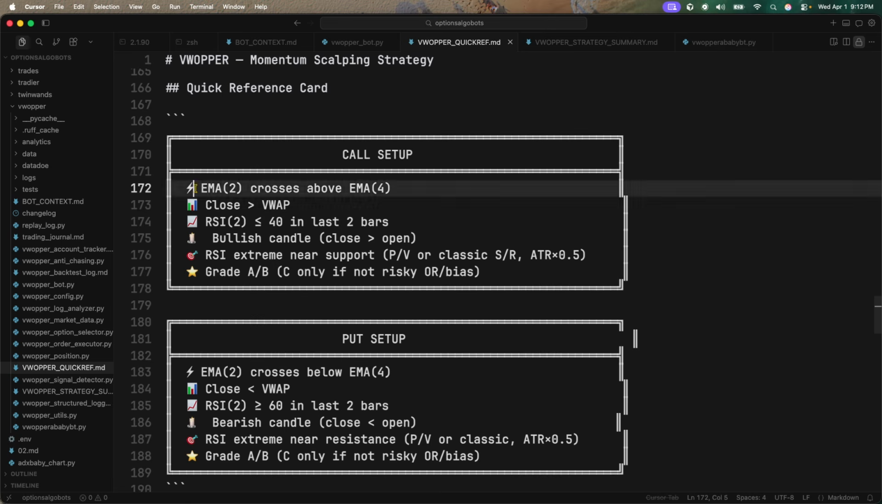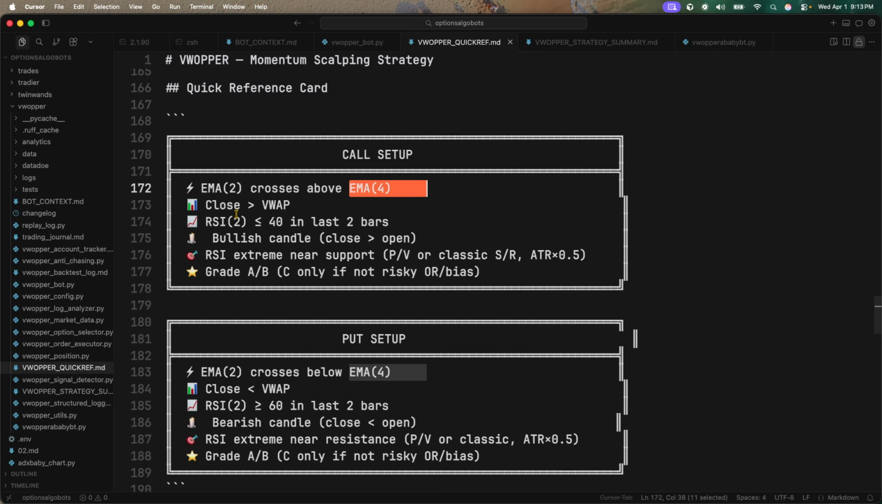And again, here's a quick reference on how the call inputs are set up. So what we're looking for is that the EMA is above the EMA 2. The last 2 minutes is above the EMA 4. The close is greater than the VWAP, because we want to make sure that we're buying with VWAP, with the institutions, not against it. And we also want to make sure that RSI is extended,